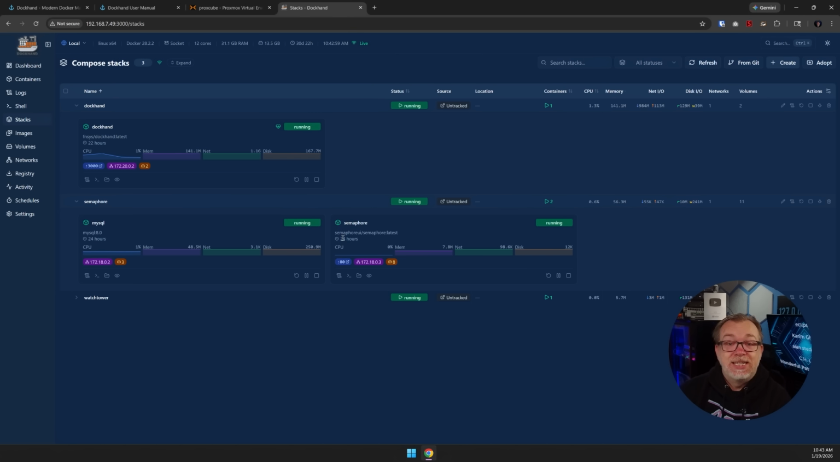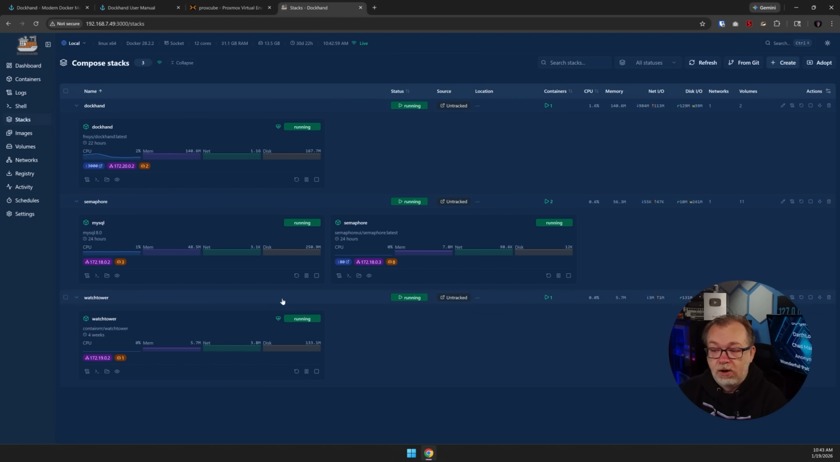So that is a stack. Those 2 containers are a stack, right? Watchtower, again, just a single container running there. Now, the one thing that I will say about this is very similar to, say, Portainer, Dockage, or something like that, in that if it wasn't deployed from this